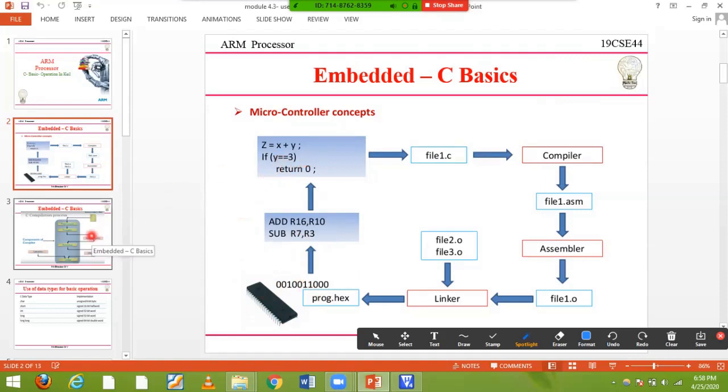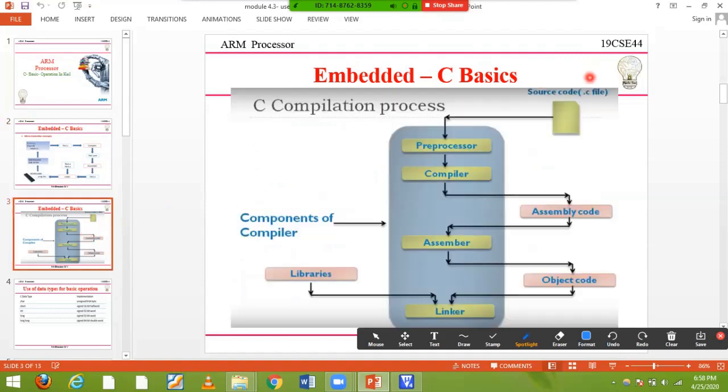Okay. The same thing here also, I'm looking for another diagram. Same thing: the C source file goes to the preprocessor, passes to the compiler, which converts it to assembly code and passes it to the assembler. Next it converts to object code, and with the help of libraries it is connected by the linker. So this is how my C compiler works. Different types of C compilers exist, and what the different compilers are and how we are going to use them, we'll see in the next classes.